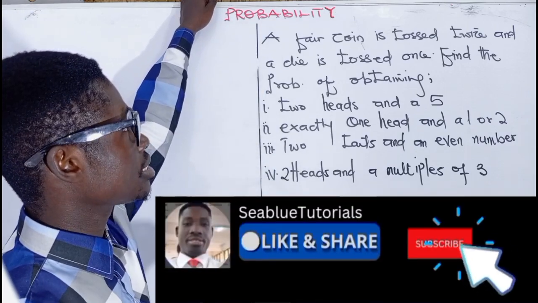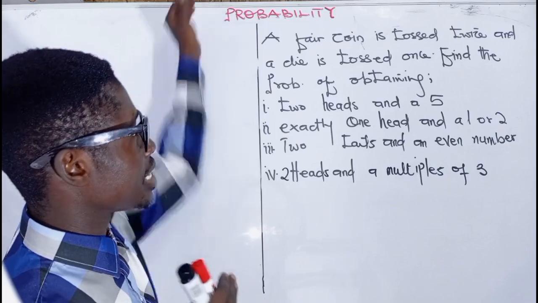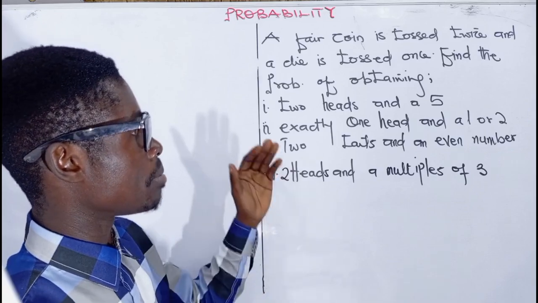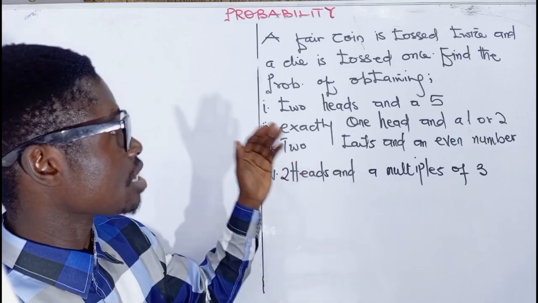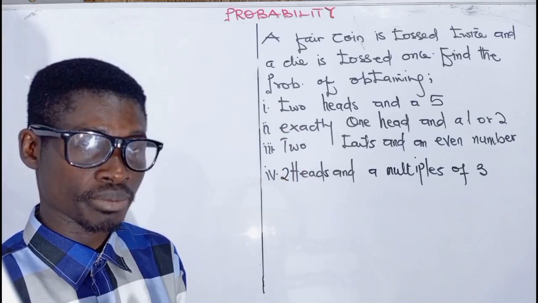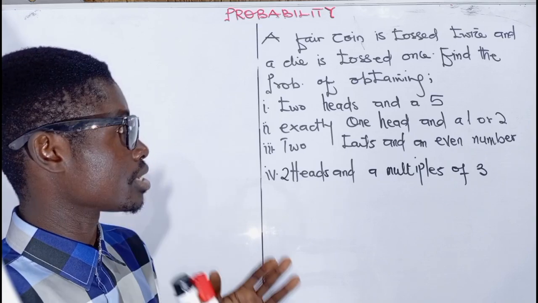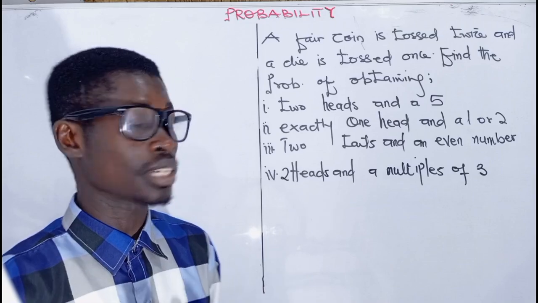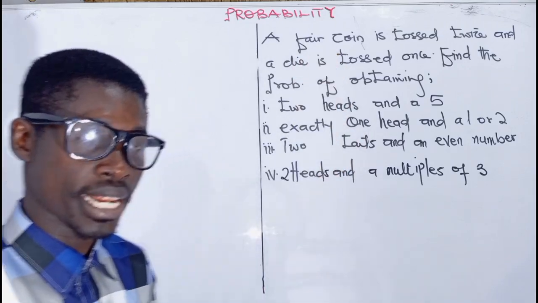So with the question, it says that a fair coin is tossed twice and a die is tossed once. We want to find the probability of obtaining all of these events. A fair coin is tossed twice and a die is also tossed once. This is a compound experiment. So the first thing that we are to do is to write down all the set of possible outcomes for this experiment. We are saying that a fair coin is tossed